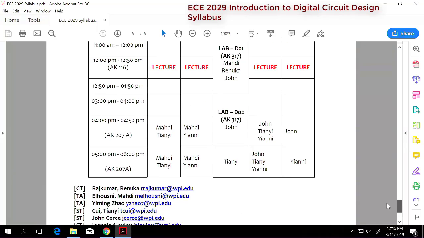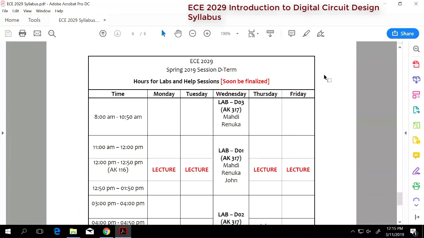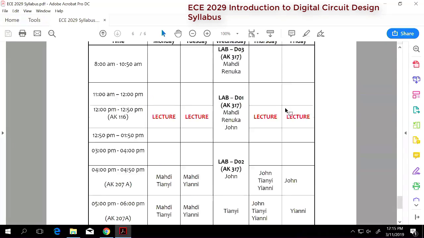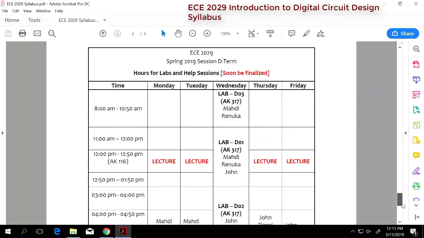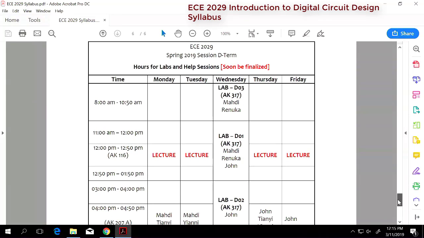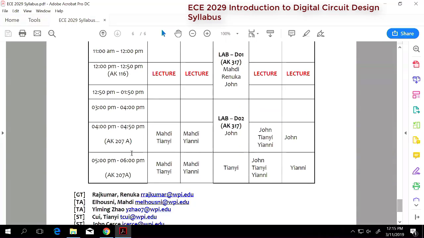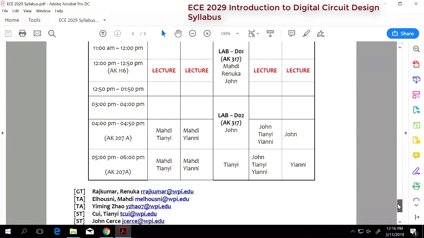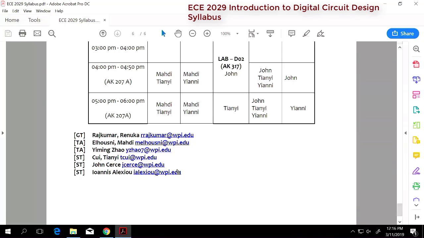I'm still trying to get in touch with all my TAs. Actually, there are 6 or 7 of them. We are trying to make a schedule for you. This is what it looks like for now, but we will finalize it by tomorrow, Tuesday, when I'm meeting with them. Between 4 and 6, we will have help sessions Monday, Tuesday, Wednesday, Thursday, and Friday, and these are the people who will be there to help you. So make use of these help sessions. Anything else? Here are the email addresses of those people also.